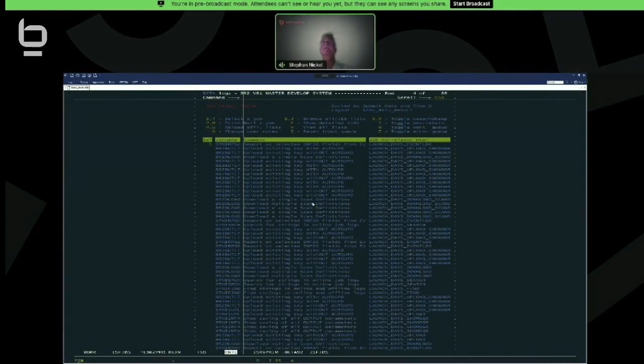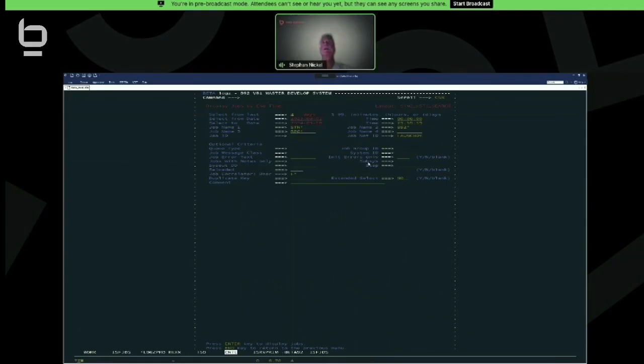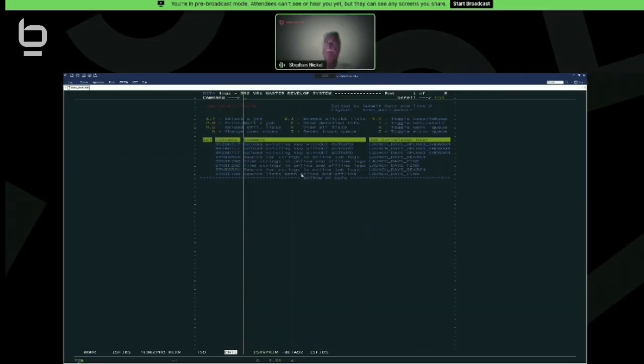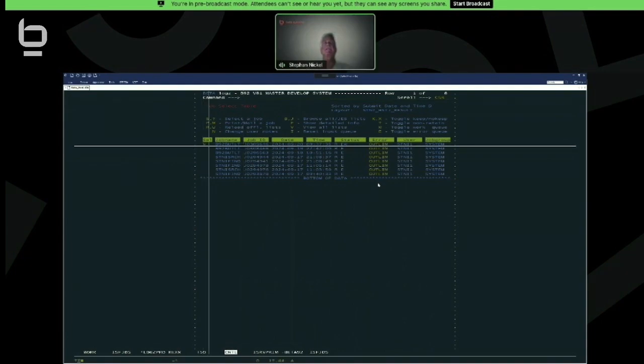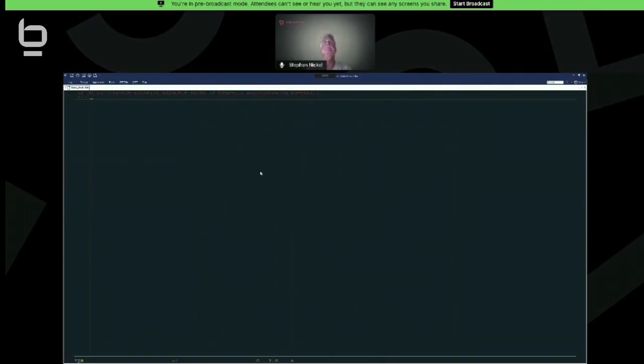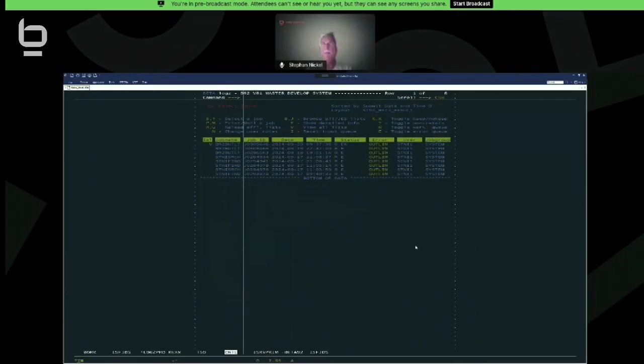So I'm interested in only jobs with the outlim error, so I can filter job error text, outlim. Okay. You see only outlim error jobs are selected. I'm going to re-execute one of them. So you can see, in the time, that's the current one,